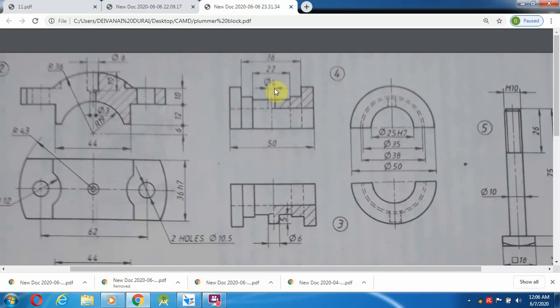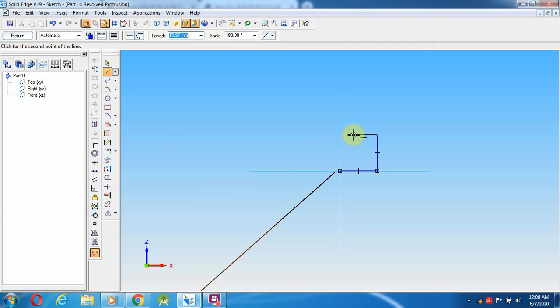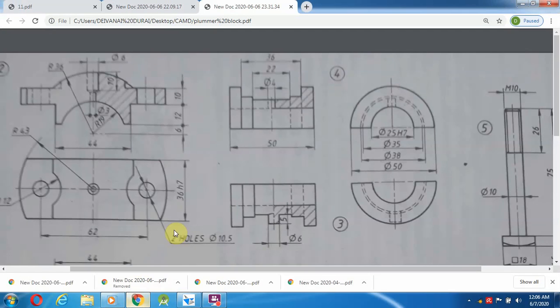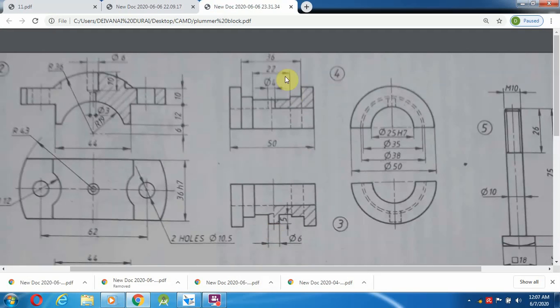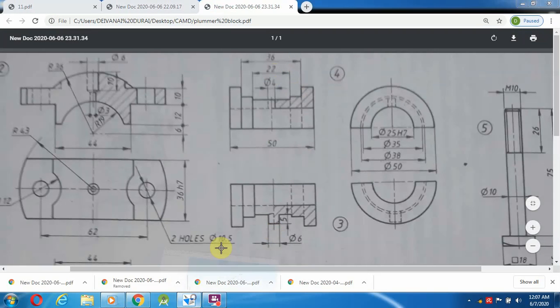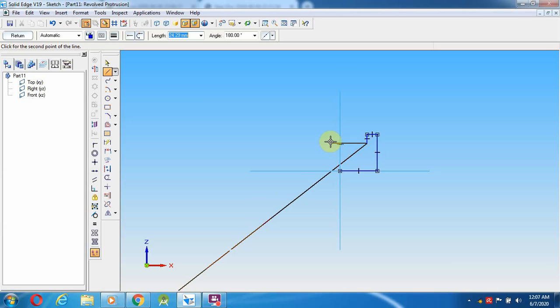Once again I tell you, left means this distance 50 minus 36, 14 mm. 14 means this side 7, other side 7 mm. So that is the thing. I am going to draw 7 and down. Now we go with the diameter 50 minus 38, 12 mm. Then down it has to come as 6 mm. Then again 38 minus 22, 14. 14 means 7 mm this side.